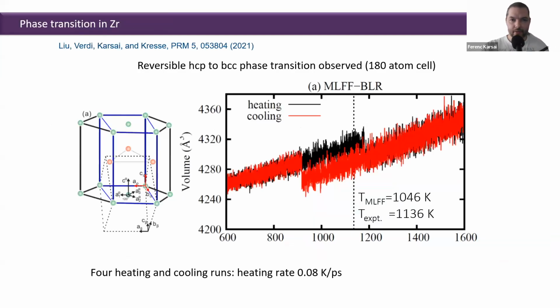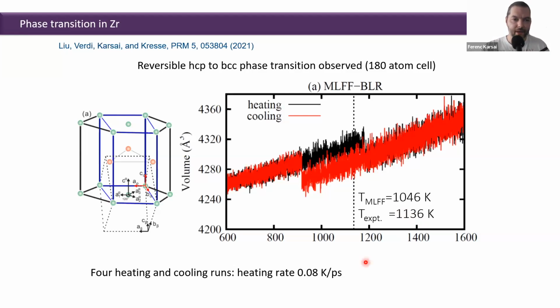Next, I want to show you here again a phase transition within solid zirconium. This shows the phase transition between the hexagonal close-packed phase and the body-centered cubic phase. It should be around here, around 1136 K. Again, the nice thing is, as shown before for the MAPI, the transition occurs during an MD and it appears naturally.